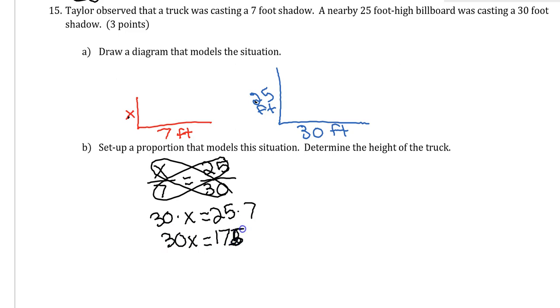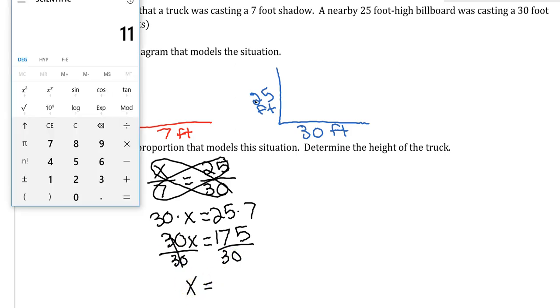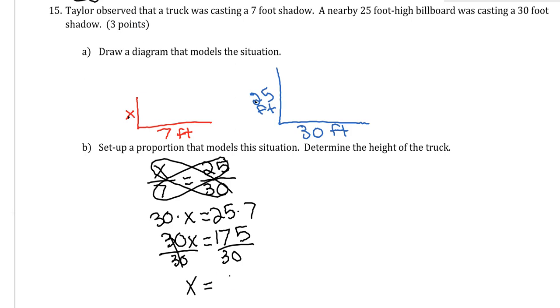Oop, I don't know where I got that from. 175. Erase all that nonsense. 175. And then my last step is to divide everything by 30. Right? So I'm left with 1x equals 175 divided by 30 is 5.83